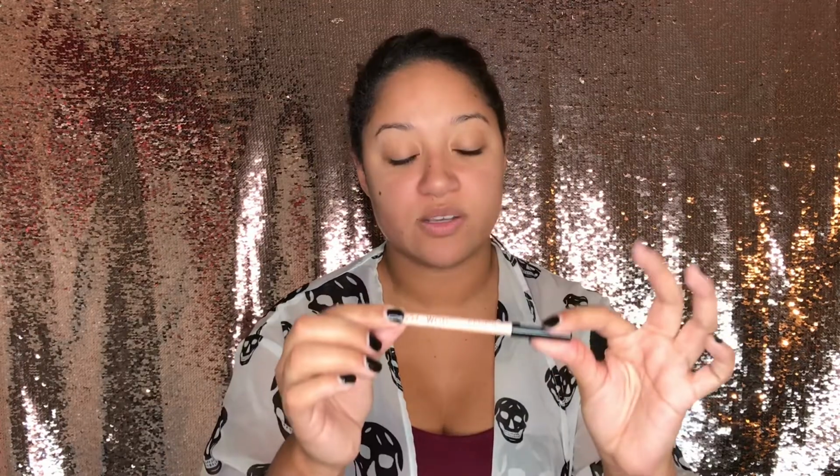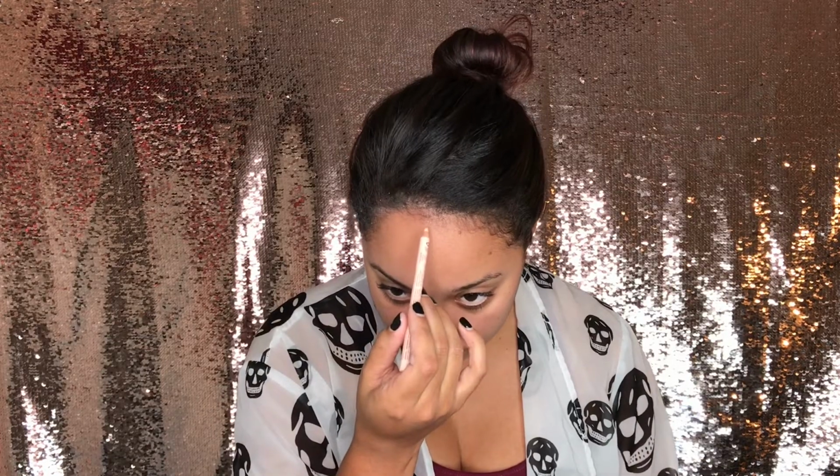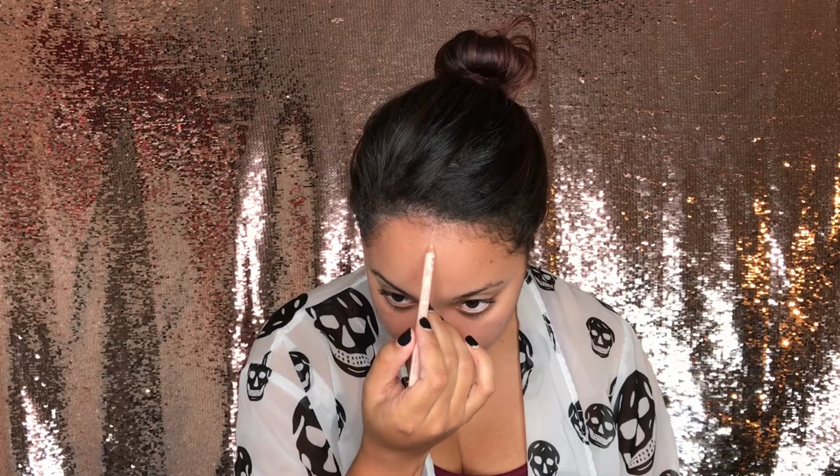Basically how we're going to start is make sure that your face is washed, prepped, primed, moisturized, everything that you need to do to make sure that stuff sticks to your face. And then I'm going to go in with the NYX Wonder Pencil. I use the color Light, that way I can see. I use that to draw out the initial outline of how I want to split my face in half. So we're just going to go right down the middle. We're going to start right at the crown and we are going...